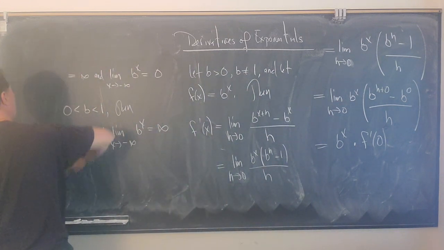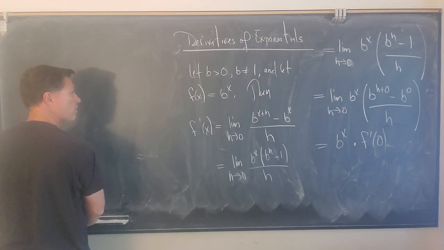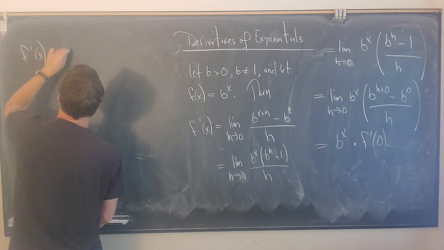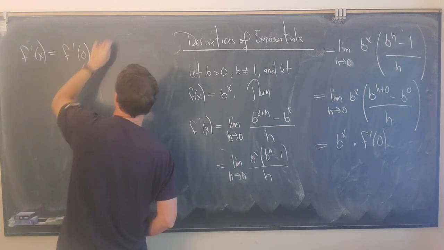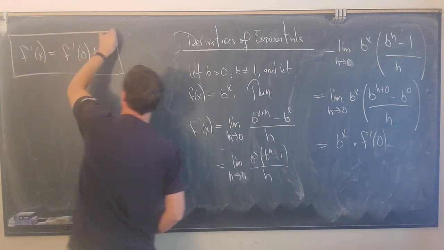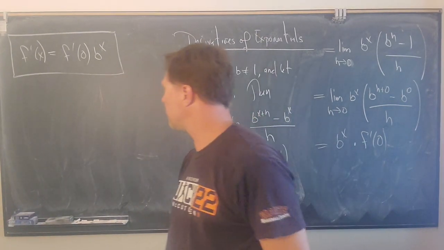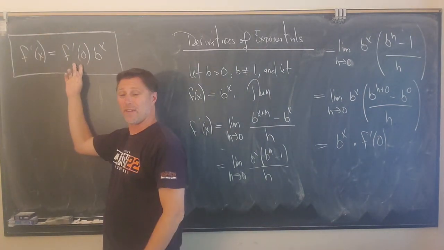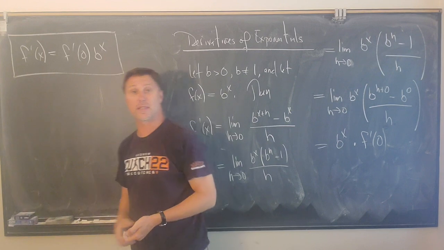This is an incomplete formula, but for now let's just write this down. So what we showed is that f prime of x is equal to f prime of 0 times b to the x. So we're not done, but there it is. All right, we'll need to elaborate on this, and especially what we'll need to do is figure out what is f prime of 0. If you have a particular exponential function b raised to the x,